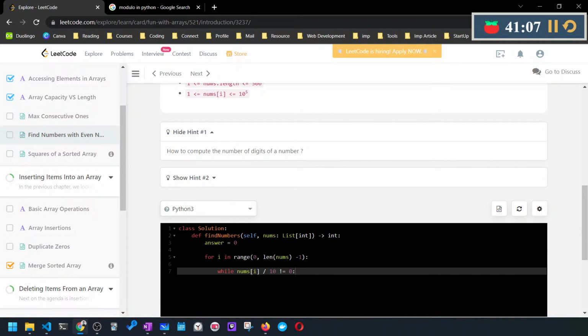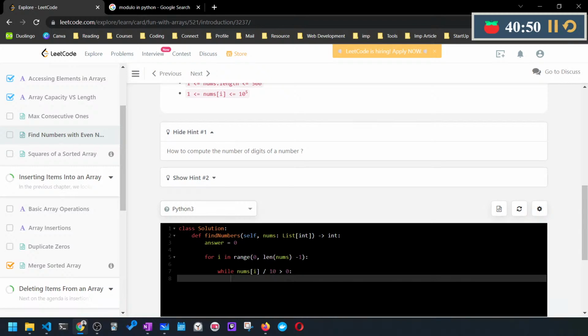It's not equal to 0, less than 0, like greater than 0. So if I divide the number by 10, and while it is greater than 0, till it is greater than 0,